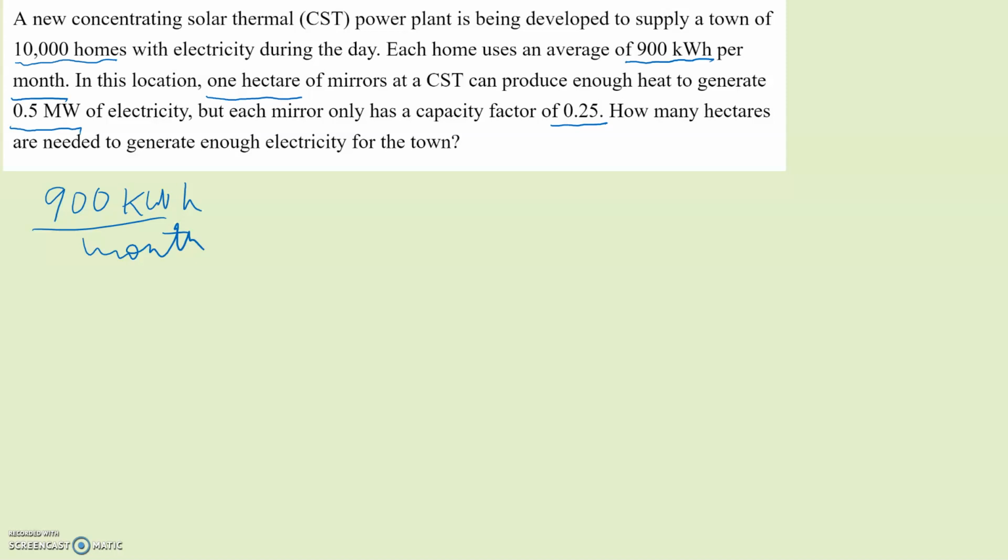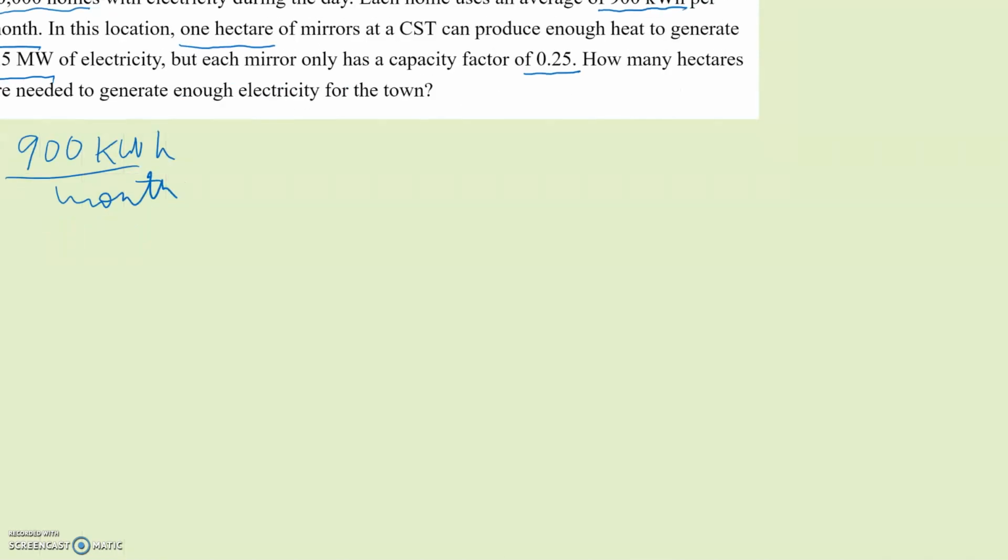We are going to need to look at the rate of energy that this power plant can produce, so we're going to need to eliminate time out of kilowatt hours. To do that, we can